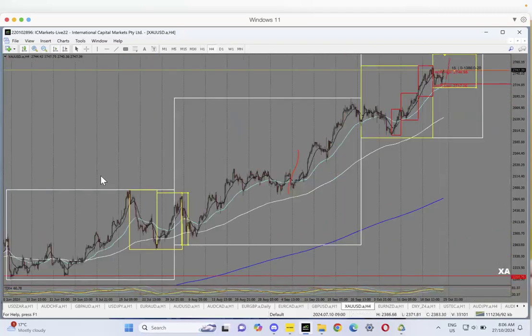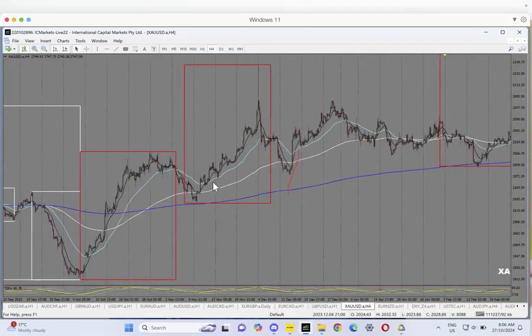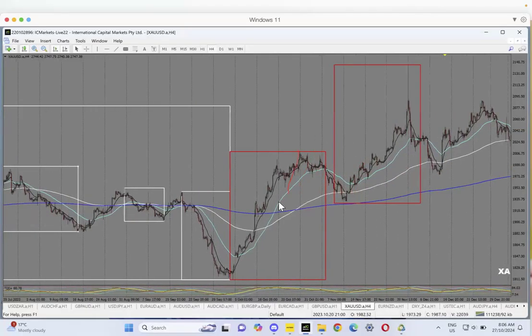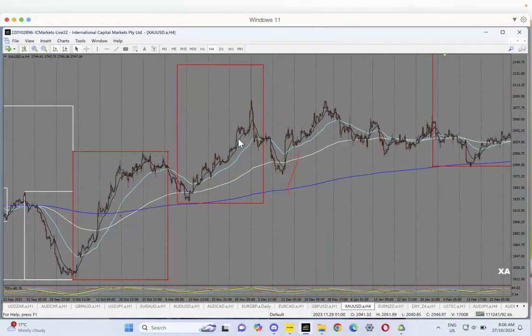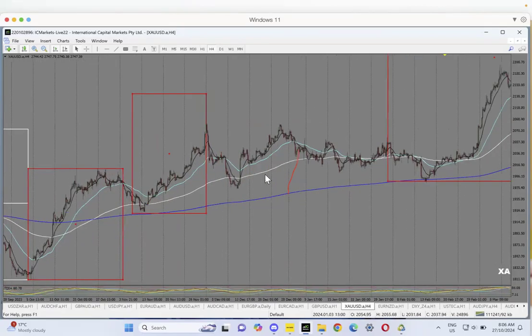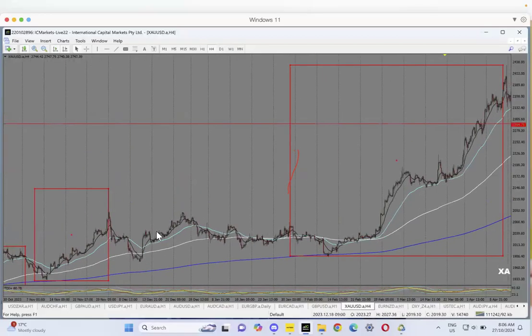But if we then come to H4 and say, okay, now we are marking from H4, you will realize that here you have only 1, 2, 3. So that means this is an H4 level. You also have another 1, 2, 3. This is another H4 level. And you also probably have another 1, 2, 3. That's another H4 level. Because we are marking from different time frames, it's definitely going to be different.